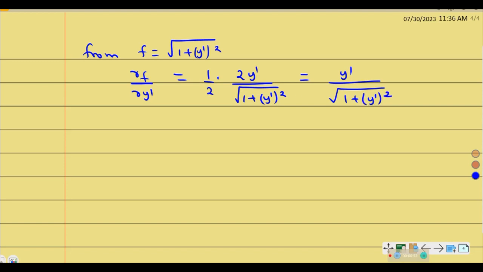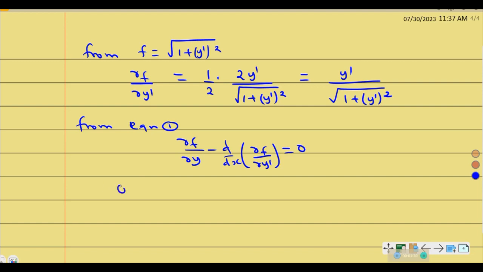So that is what we shall get as our ∂f/∂y'. Now, from equation 1, we can substitute in ∂f/∂y minus d/dx of ∂f/∂y', then equaling to 0. Let us substitute. We have ∂f/∂y, we have this one here. So on substitution,